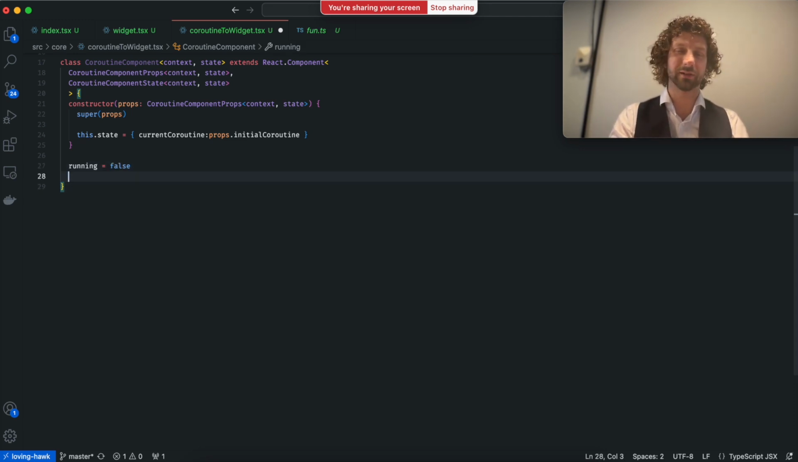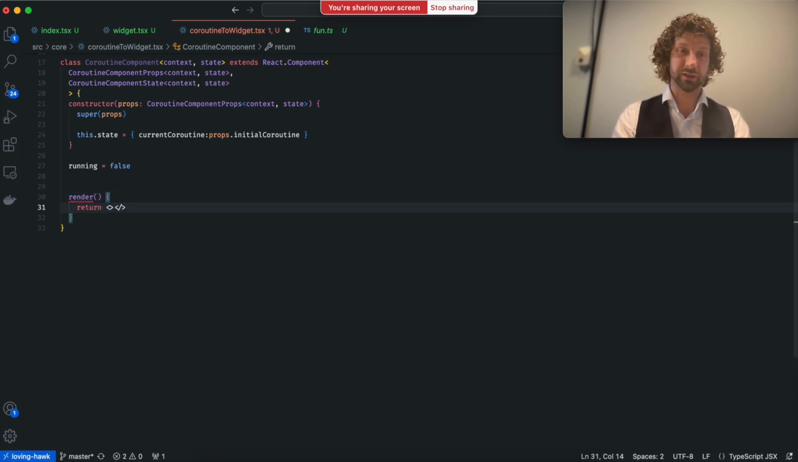It's just an internal, let's say, housekeeping variable. Also, we will need something to track the loop, but that is for later. Let's define the render function, which will do absolutely nothing. So this is not a component that renders anything, but the, let's say, actual payload of running this thing will